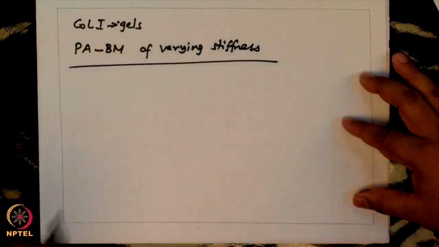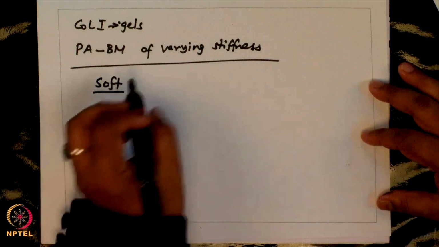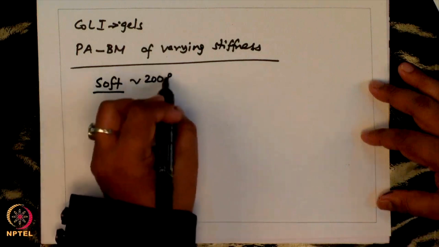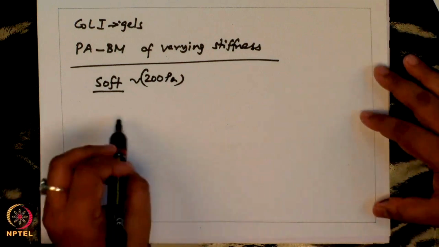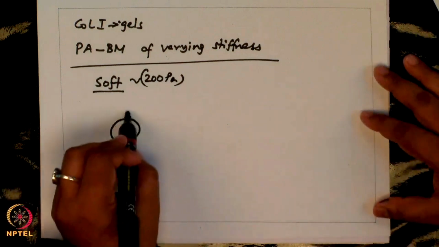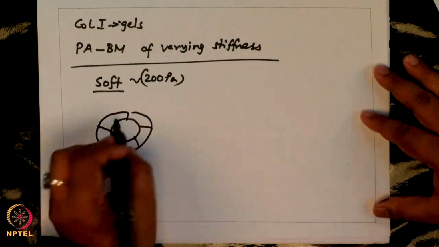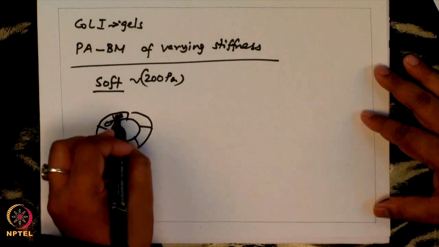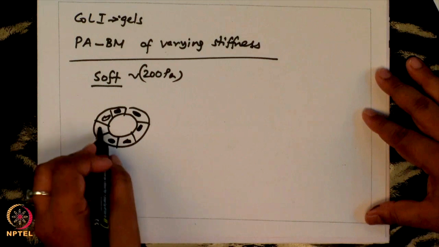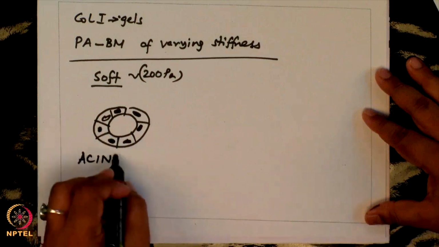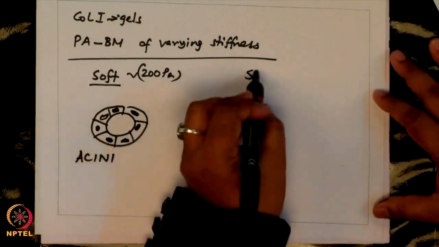On both these substrates, on soft substrates of the order of 200 pascals, mimicking the native stiffness of normal mammary gland, the epithelial cells form these acini structures. But in case of stiff surfaces,